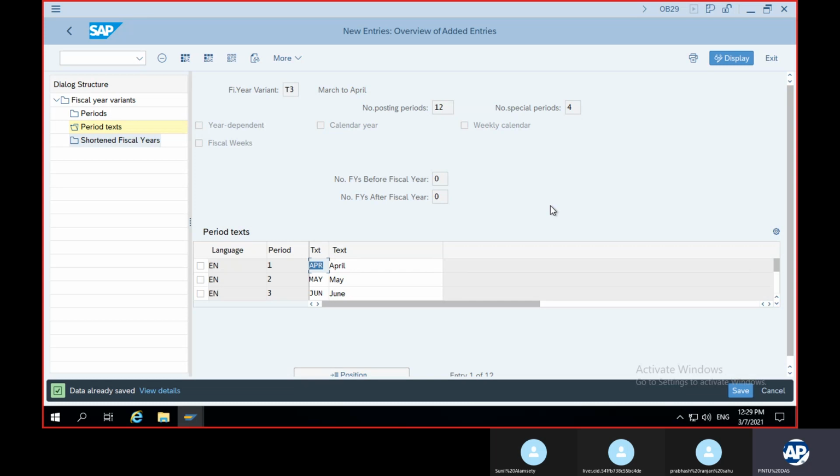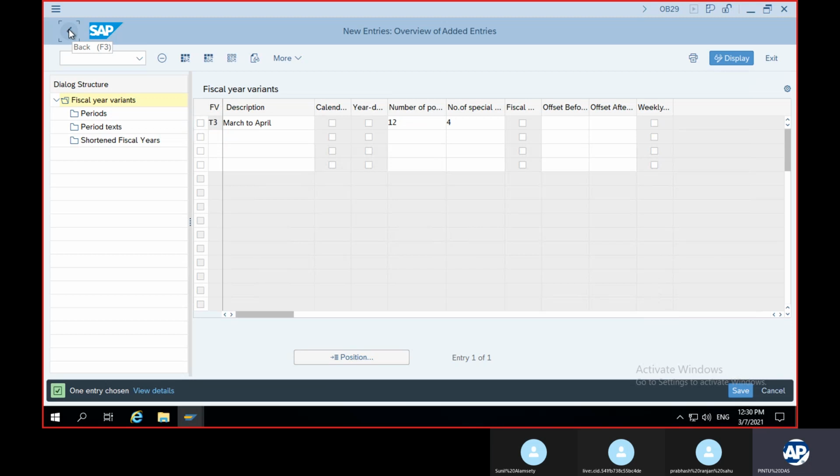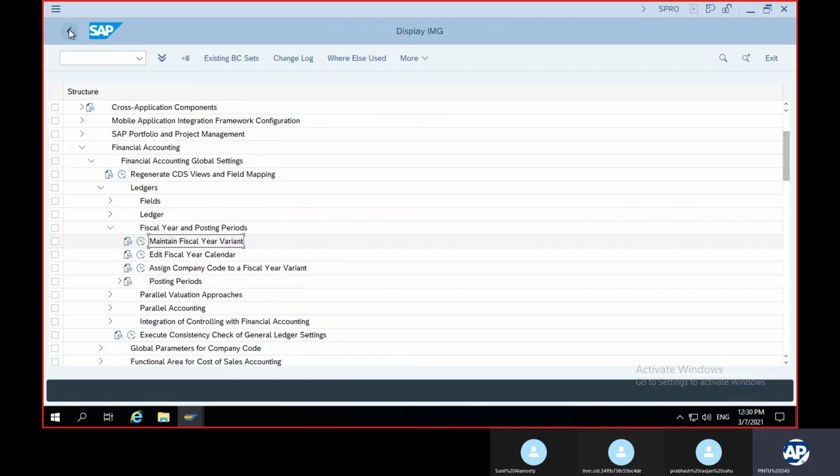Okay, no questions. Fine. So next, we have created the fiscal year variant, but SAP doesn't know which company code uses this fiscal year variant. So the next step will be to assign company code to fiscal year variant, the next configuration. Assign company code to a fiscal year variant.